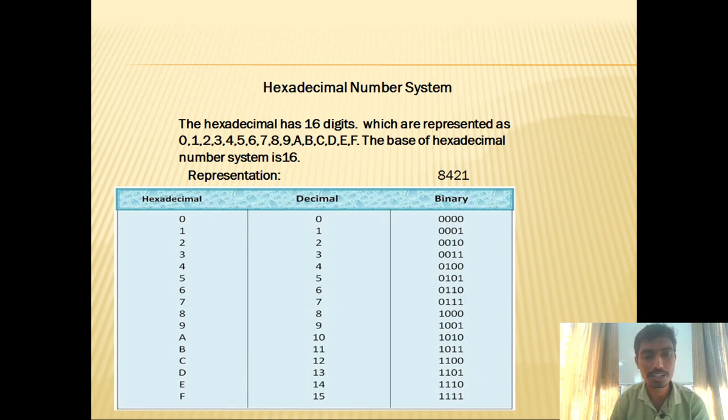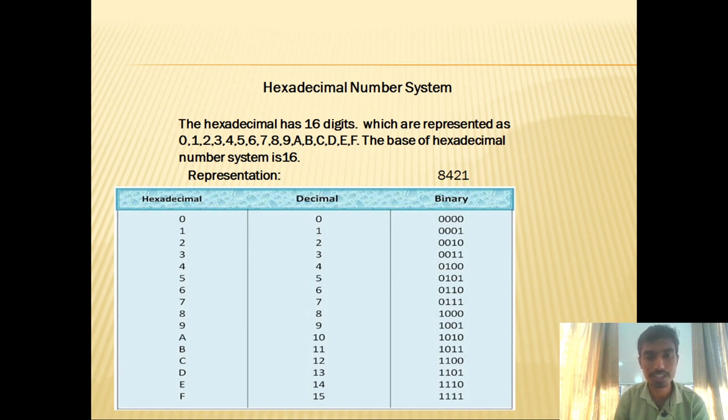So here is basically the representation of the binary number system, decimal number system, octal number system and hexadecimal number system. It is a basic representation of the binary number system. So all of you know which language the computer knows, that is binary language in the format of 0 and 1. The base of the binary number system is 2 and the octal number system is from 0 to 7. The base of the octal number system is 8.